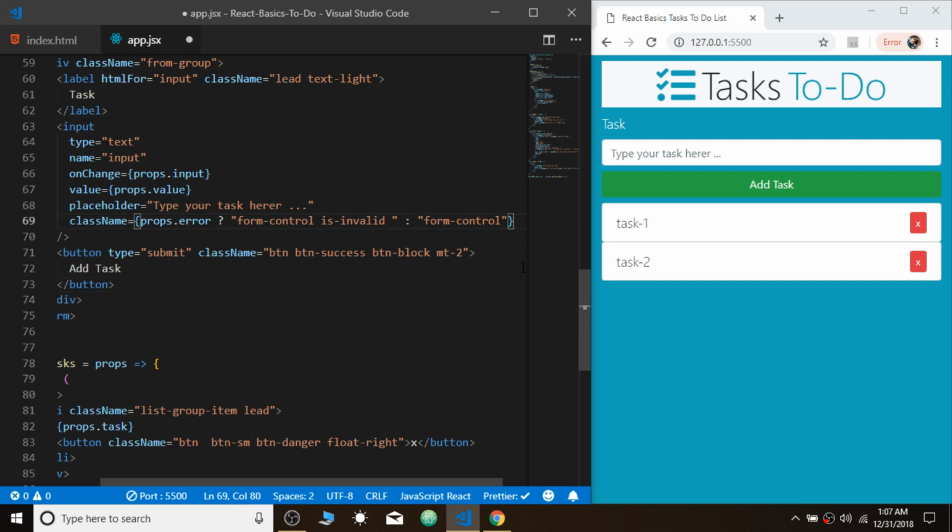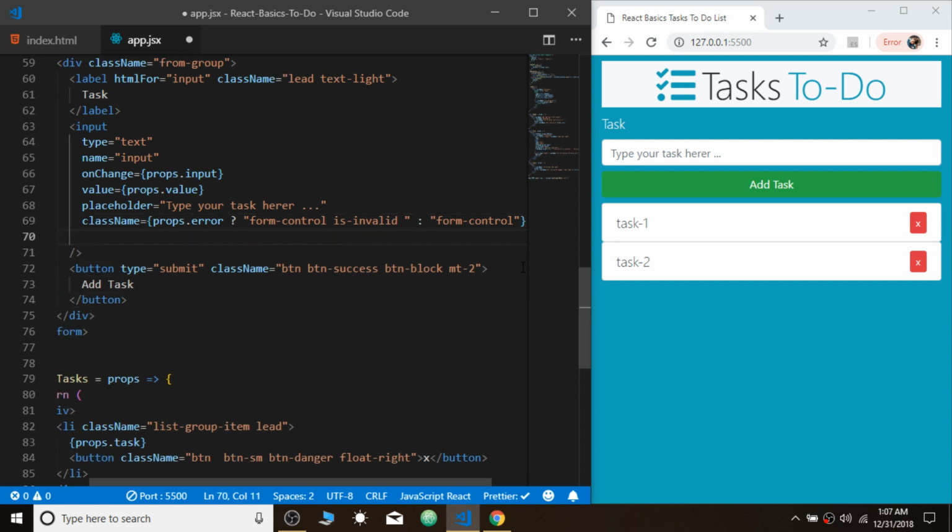The next thing is I'm going to create a new div, and this div is going to be related to this is-invalid class. So if there is invalid class, this div will pop up, it's kind of a feedback message, and it will hold a message for